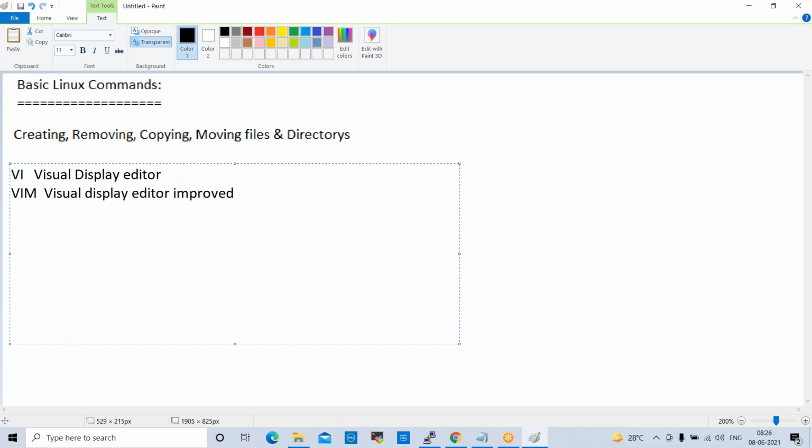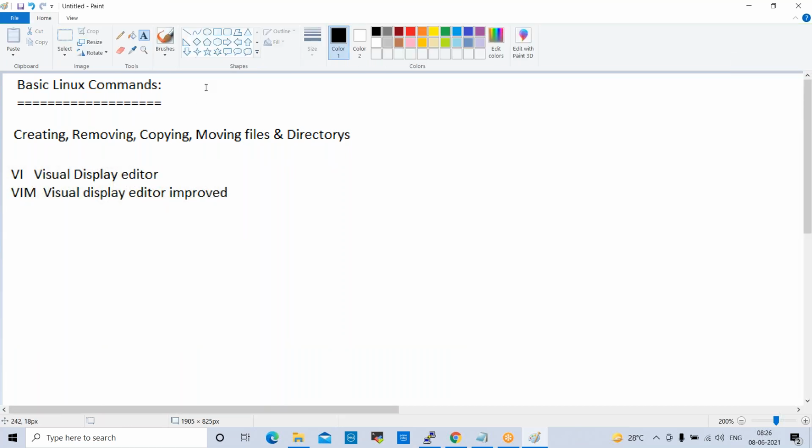Normally in real time we use vi only, vim is not required. Both are the same, with the same functionality. So normally we use vi only.